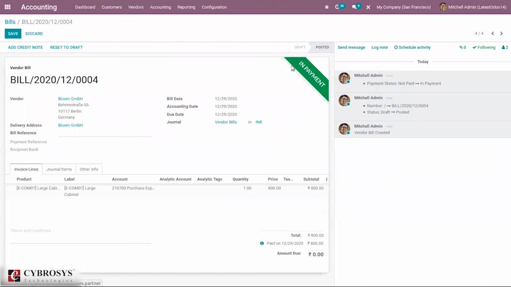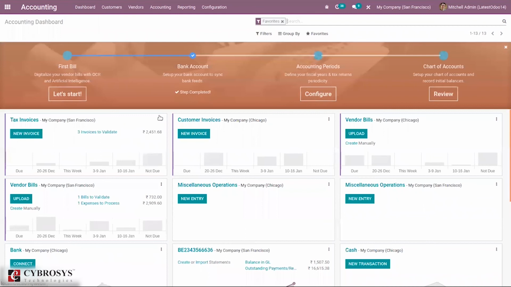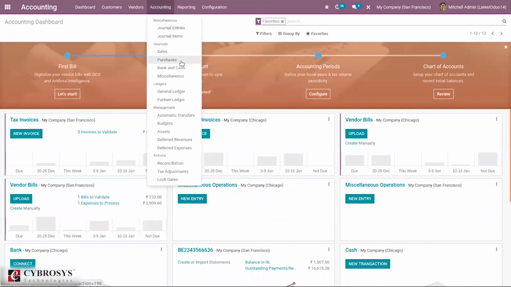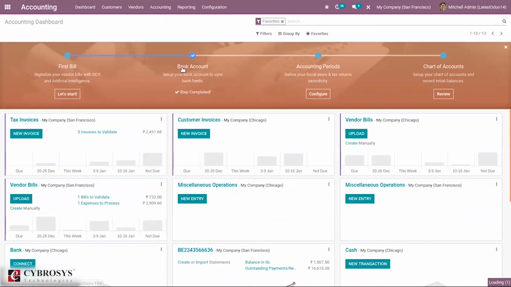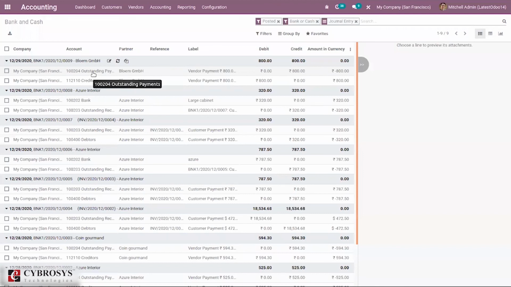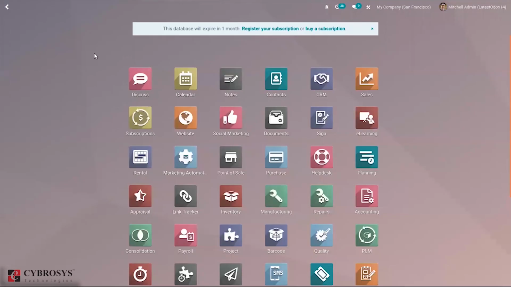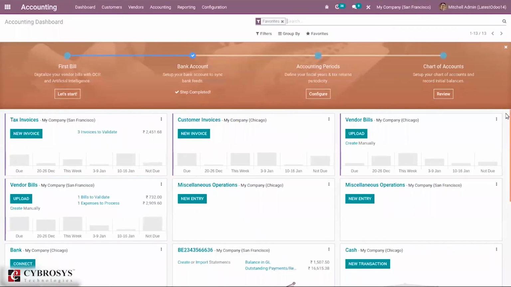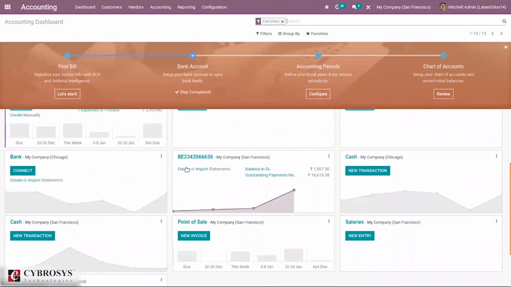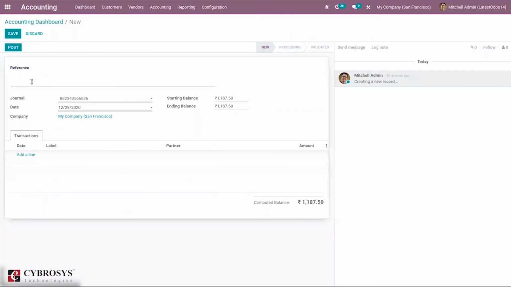You can see again it is in payment. And when you check the bank and cash, there you can see the account is outstanding payments. So that is used to add the outstanding vendor bills amount. Then here you can create a bank statement.